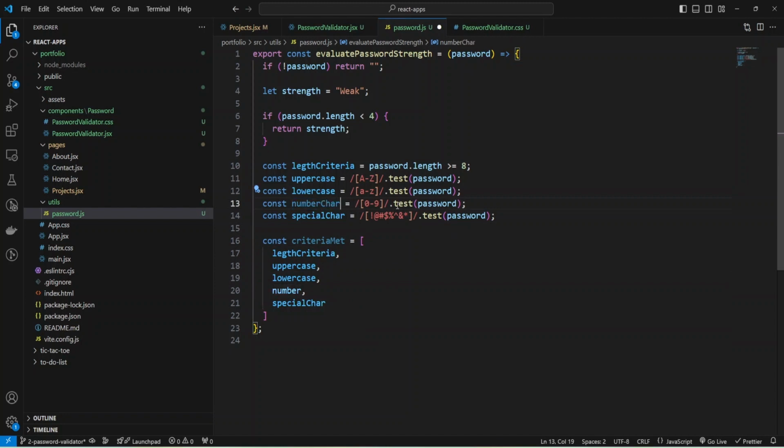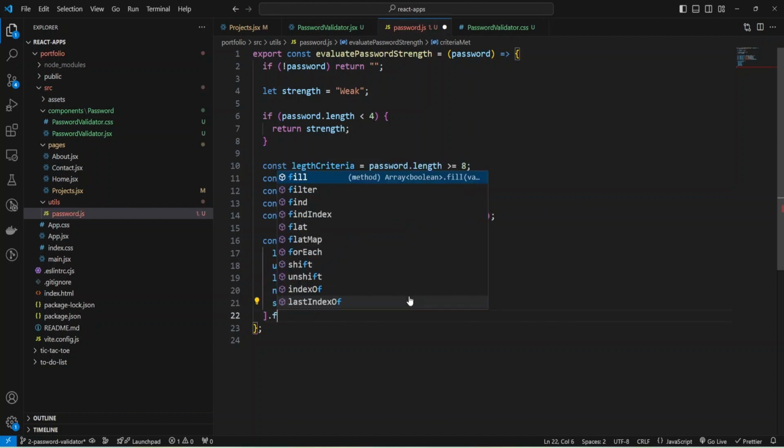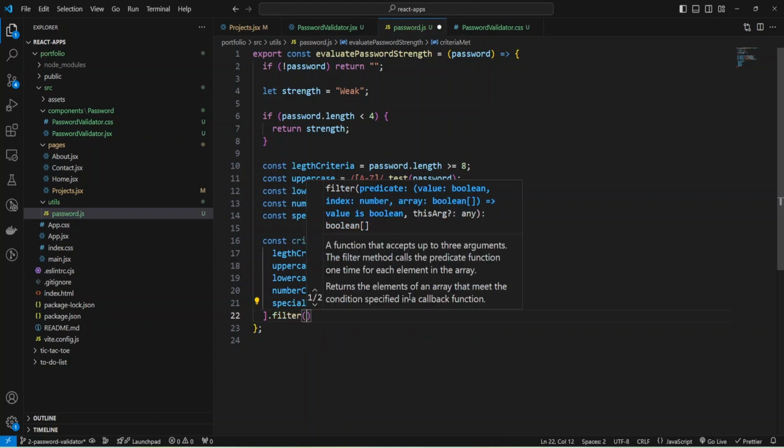Let's check this to number char. Okay, and now I can filter to Boolean